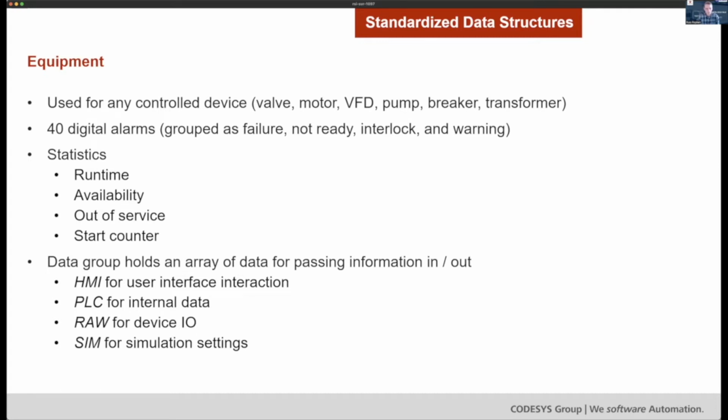We have an HMI group, which is specifically for the HMI interaction with the device. We have a PLC group, which is for passing data inside of the PLC between different objects. And then we have a raw group specifically for mapping that device IO into the equipment. And then we also created a sim group for doing simulation